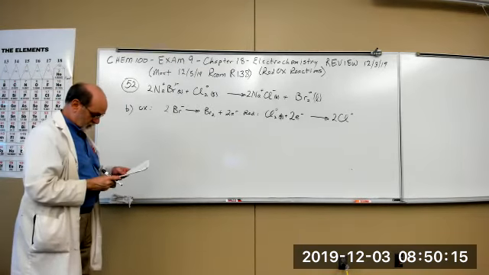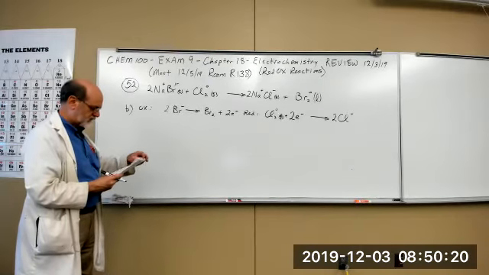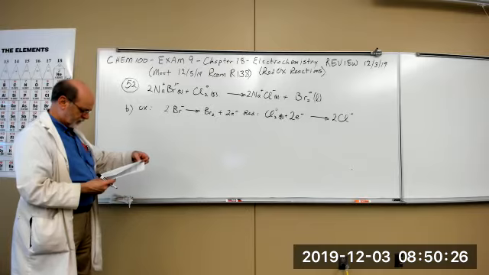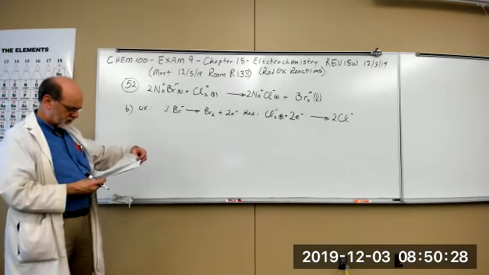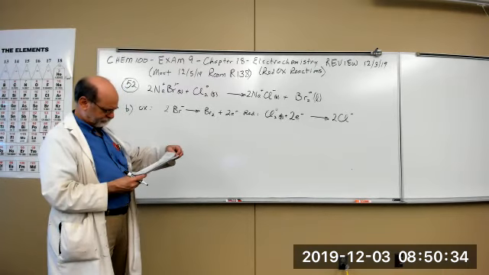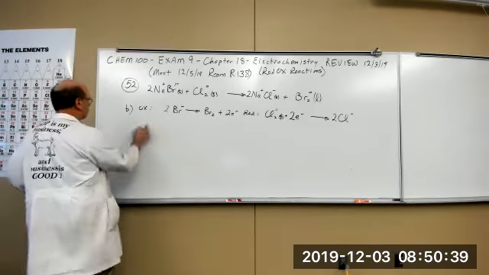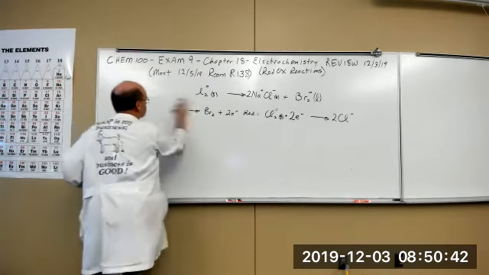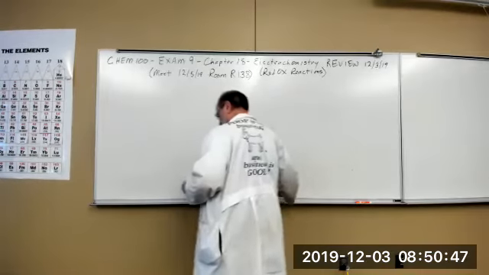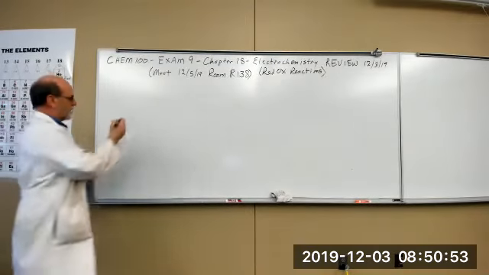Let's see. We have several other equations that require half reaction balancing. How about 59? 59 will test whether you actually read the textbook or paid attention in class. So 59 says,